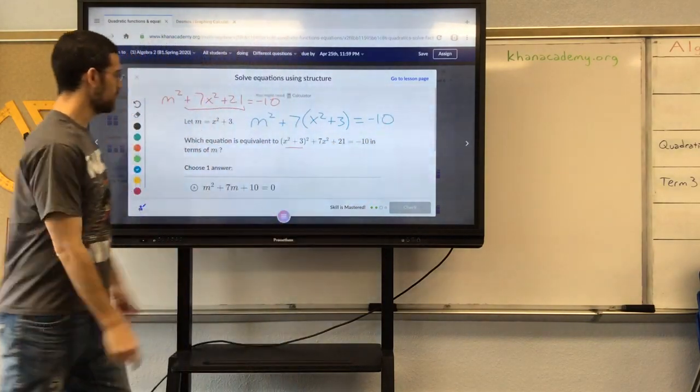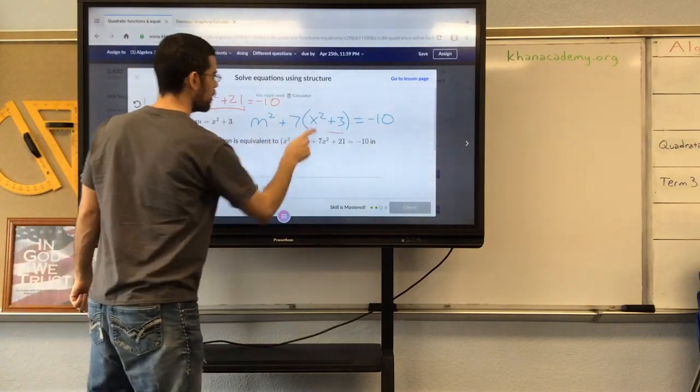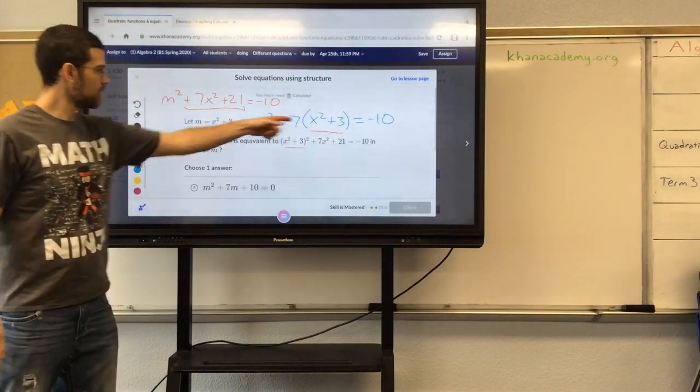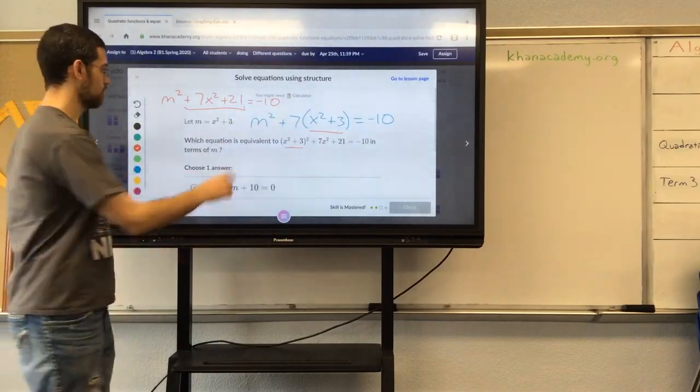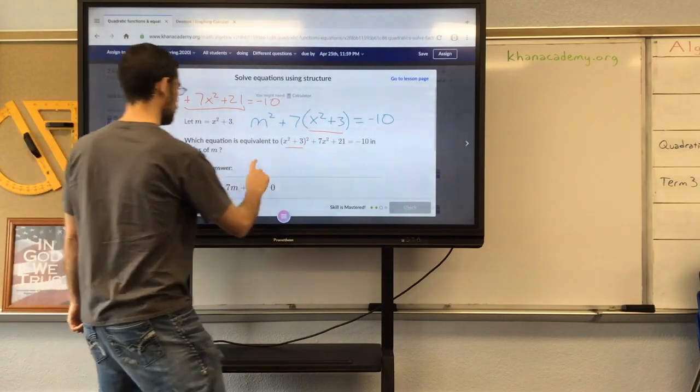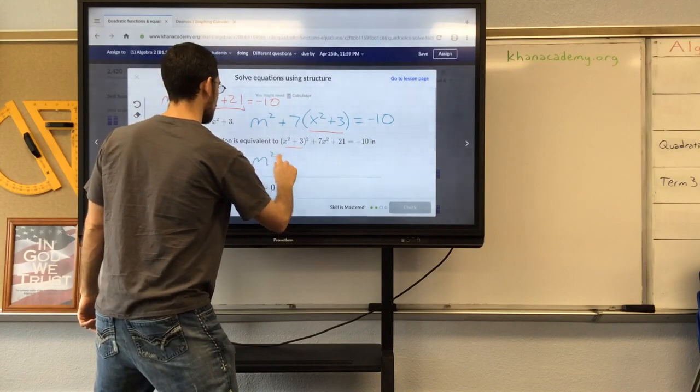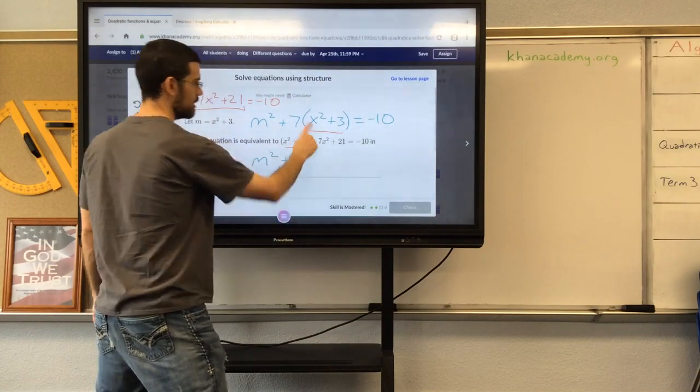So that's looking good because, once again, we have m sitting right here, something equivalent to m. So we can substitute. Now we get m squared plus 7 times m